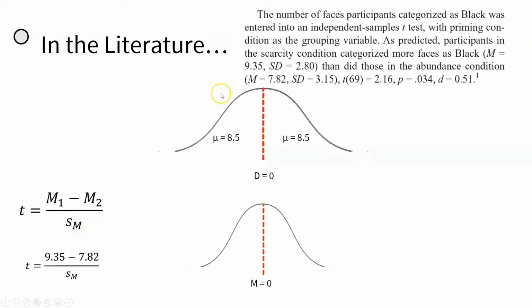You remember that the mean of the first group in this condition is 9.35, the mean of the other group is 7.82, and if you subtract those out, the difference, as I mentioned previously, is 1.53. You divide that by the standard error of the mean, which is the distance of a standard deviation in the sampling distribution. I don't care right now if you remember how to compute this. At some point later in the term we'll talk about this, but for now it's enough for me to just remind you